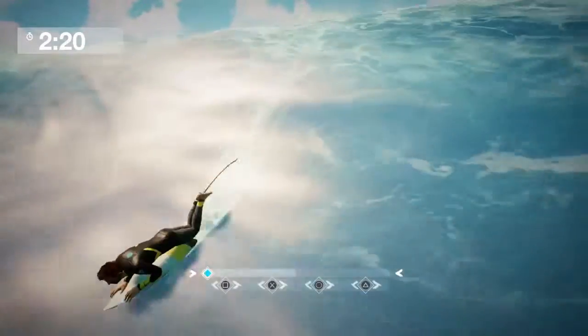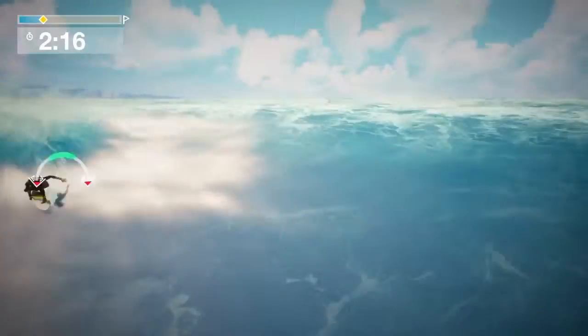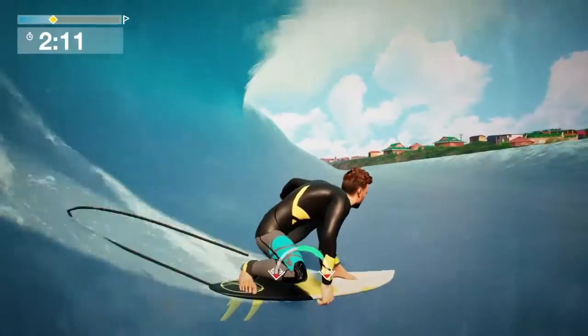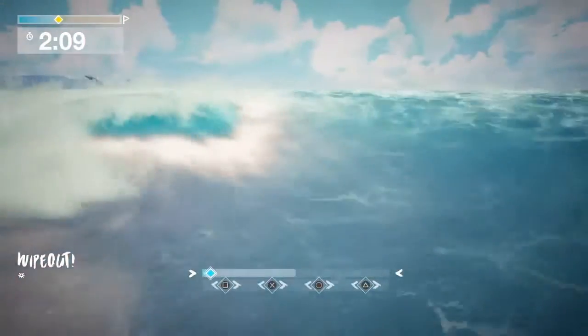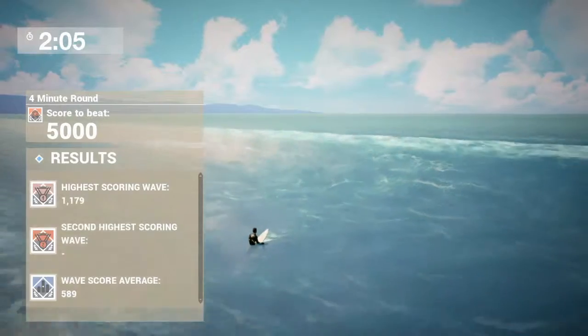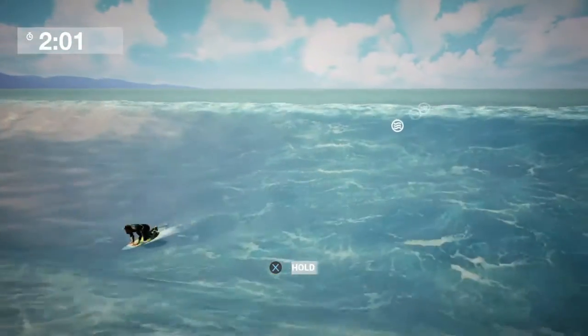So paddling with X, popping up with X by letting go, pressing one of the R buttons in order to ride the tube, and wipe out. That's basically it. So as you'll see from this playthrough, this quick 10-minute taster, I fall off the board quite